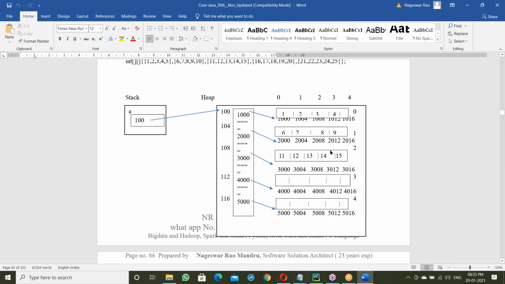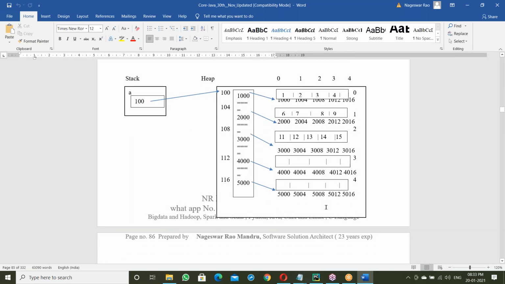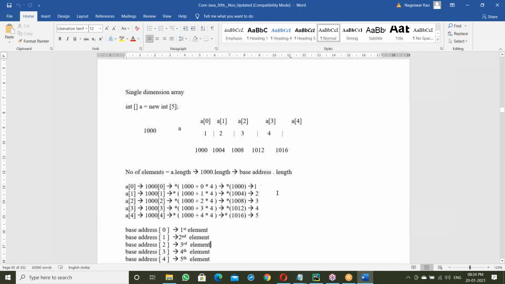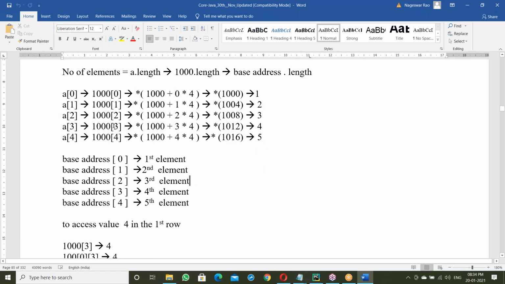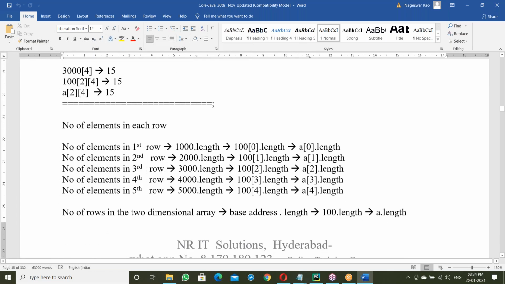First row, second row, third row, all row-wise. That memory was explained very clearly. Also how the compiler works: behind Java, there is a C compiler working. How that compiler works was explained very clearly yesterday.